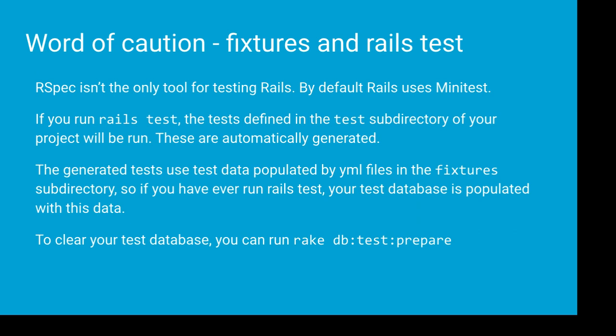So this is just about, if you run Rails test, it's going to use the stuff in the test directory, and that's going to use Minitest. And just a word of caution about that is that test uses test data populated by YAML files in the fixture subdirectory. So if you've ever run Rails test, your test database is populated with that data. So let me show you